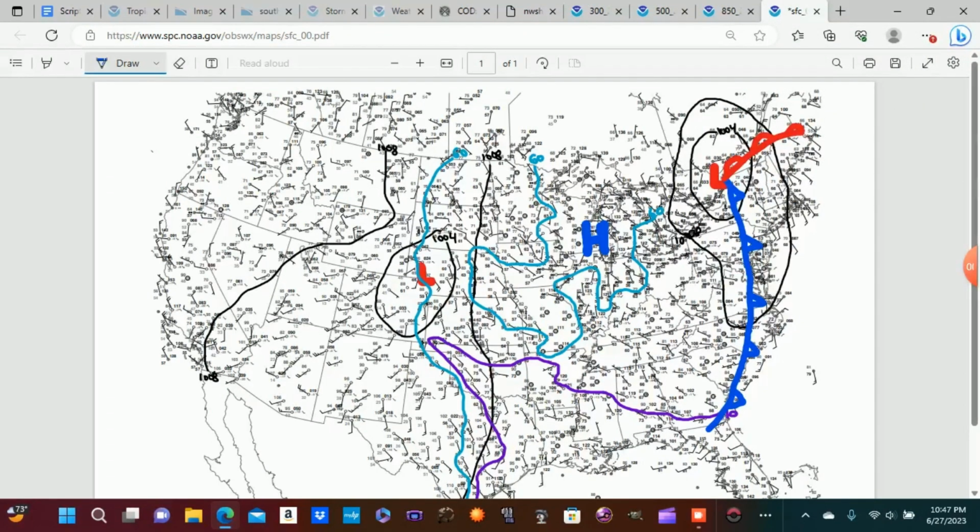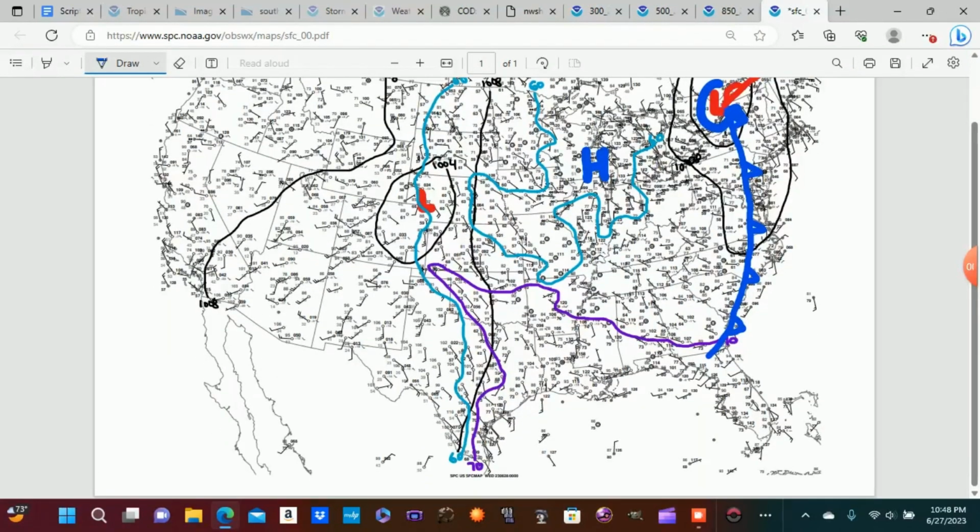And so we look at the surface map for today. We have a low pressure system over Canada, and that is dragging a cold front down through the far eastern United States. That's going to be moving offshore over the next day or so. And then back to the west, we have some moisture return that is coming up from the Gulf, with 70-degree dew points coming up into northern Oklahoma and into far southwest Kansas. And then there's another low pressure system developing as a result from the increase in upper level support.